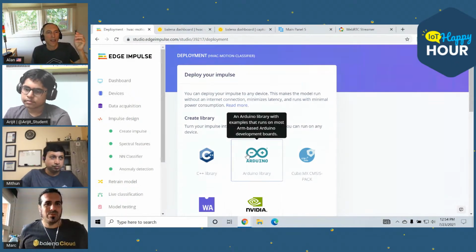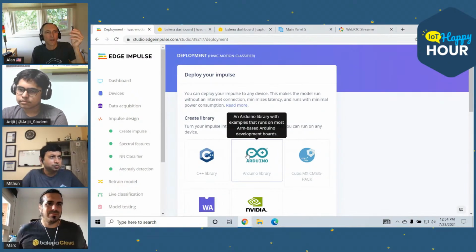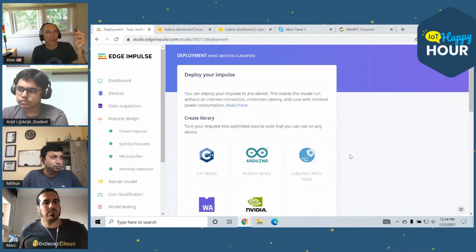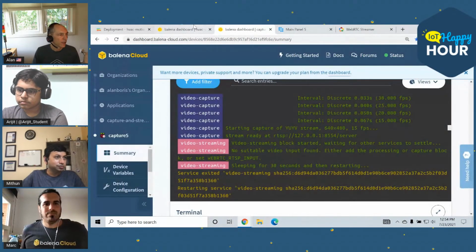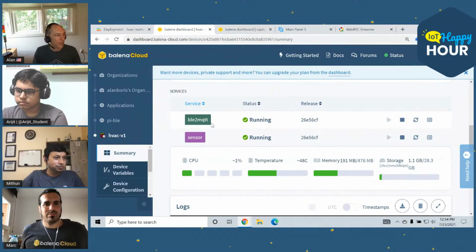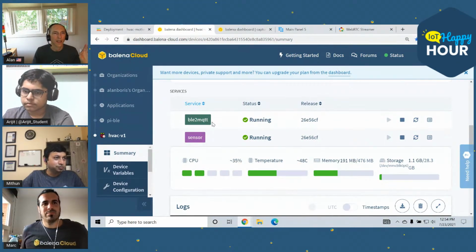And so you're saying, how does that relate to Balena? Well, this is called the BLE because it has Bluetooth Low Energy, and you can program it. I modified the Edge Impulse example that was downloaded to transmit 2 pieces of information from this device. Let me go in here to this one. I call it BLE to MQTT because when the system detects a vibration on the air conditioner that is abnormal, I would like to know about it and also put that into my Home Assistant dashboard.